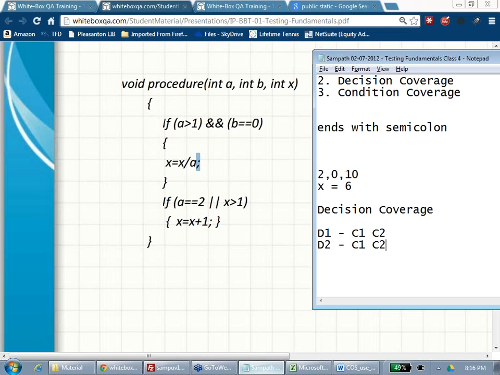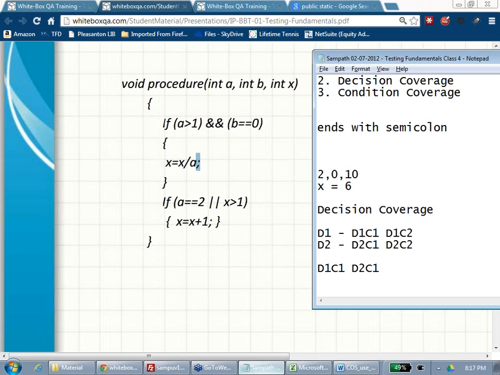Understood? Let's see D1, C1, D1, C2. Let me write D2, C1 and D2, C2. So how many test cases will come from this? D1, C1 and D2, C1.